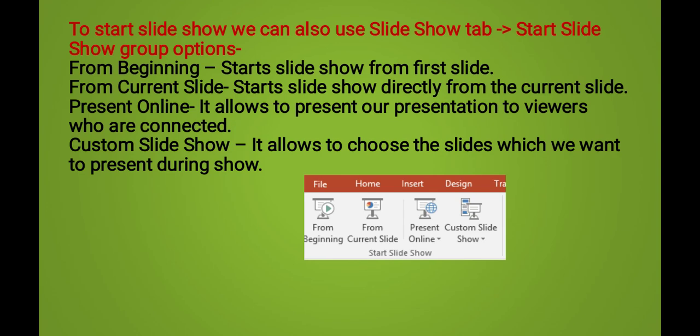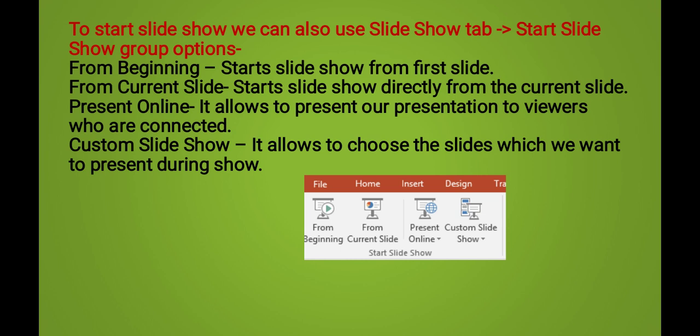We can also use the Slide Show tab to start the slideshow. When we click on the Slide Show tab, the Start Slide Show group will come, and it has various options like From Beginning. It starts the slideshow from the first slide. Next is From Current Slide. If we click on this option, it starts the slideshow directly from the current slide to the end. Present Online.